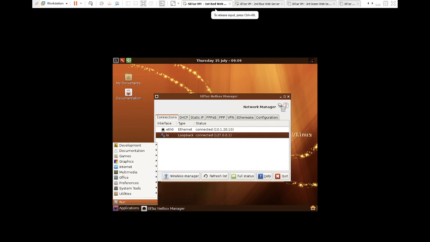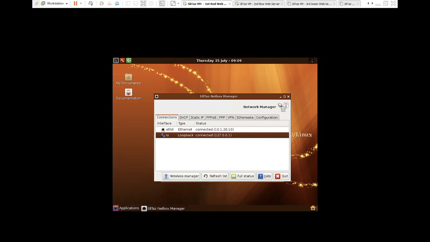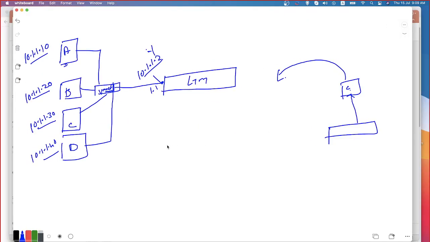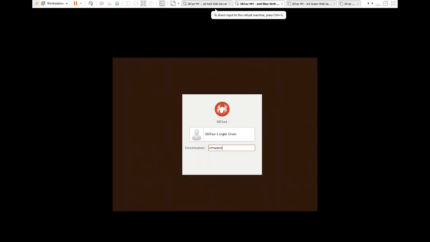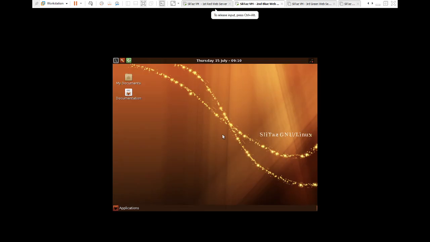My goodness. The mouse is not properly moving in this virtual environment. I don't know what is going on. VMware, let me check it out. The same problem here also.